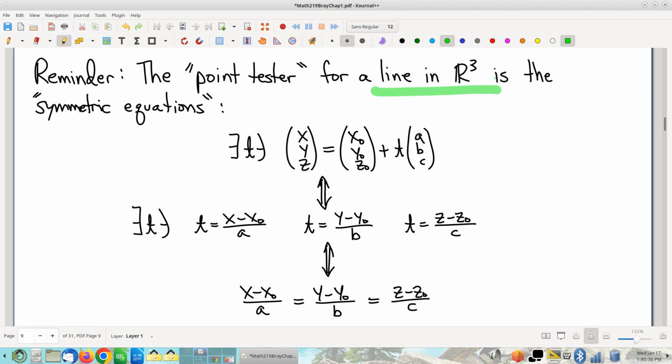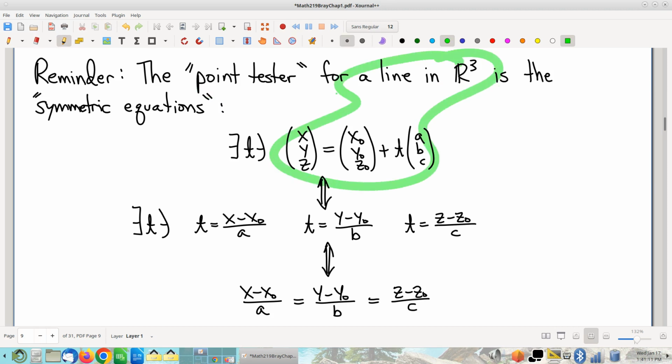Now keep in mind the role that an equation plays when you're talking about a line in R2 is that it's a point tester. Well, we can't really make an equation for a line in R3. That would give us a surface, not a curve. But what is going to play the role of a point tester? If I want to have a point tester, like an equation kind of was doing in a different context, how do we do that? So the big idea is to take your line in R3, parameterized, so the point generator,